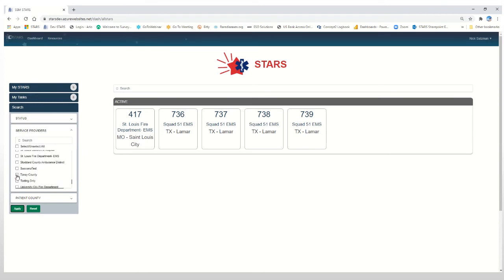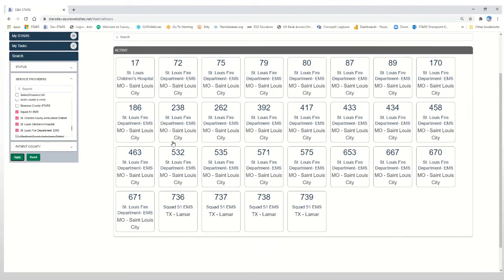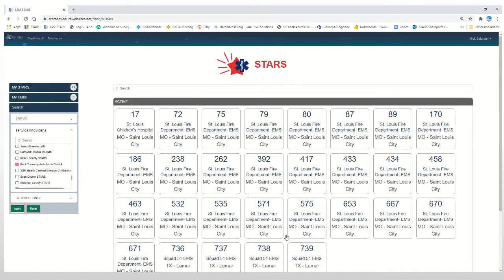So it looks like maybe Rock Township doesn't have any in here, and so we'll just add a few others. And now we hit apply, and now we can see that, okay, that drops a bunch of kids in here. This is the development side. I promise you that Rock Township Ambulance District does actually have kids in their district. All right, and so now I can see all these,